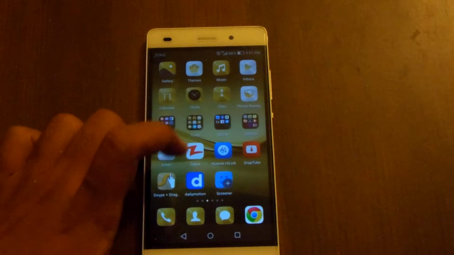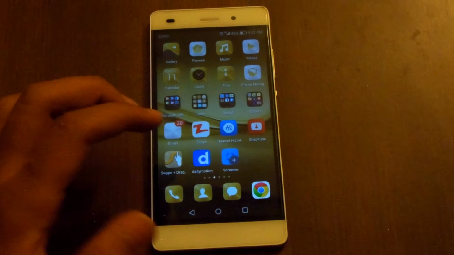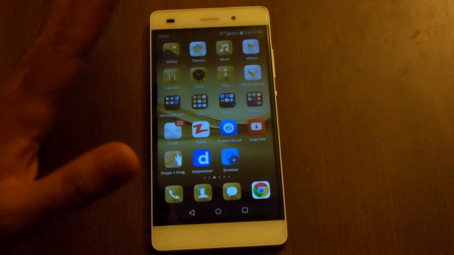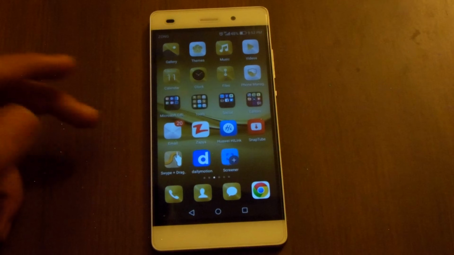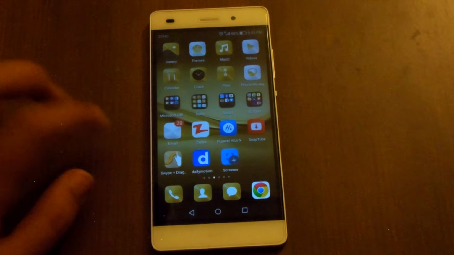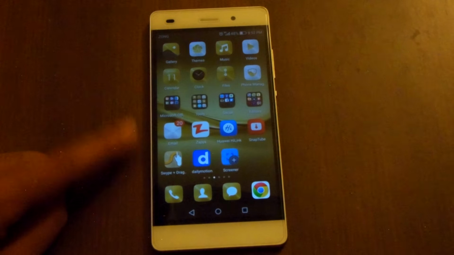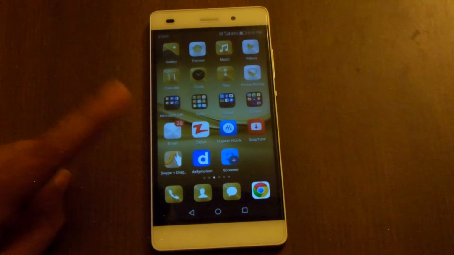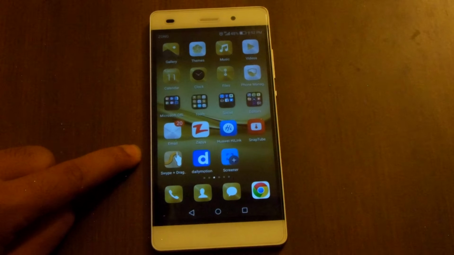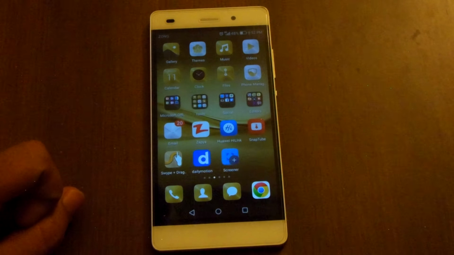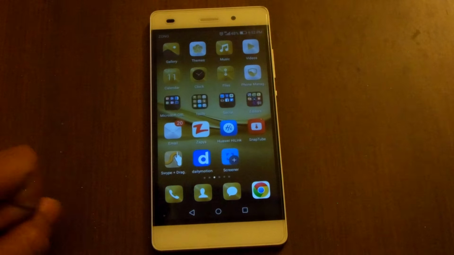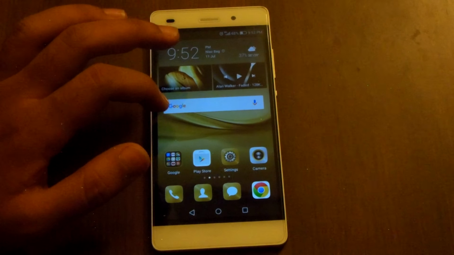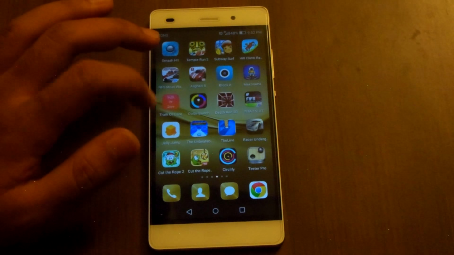I switched my font and now I'm suffering, and I regret that I ever changed my fonts on Android 6.0 Marshmallow. Please, I warn you, do not change your fonts. You cannot do that on Android 6.0 Marshmallow Huawei P8 Lite. So next thing is that, yeah, no, that's pretty much of it.